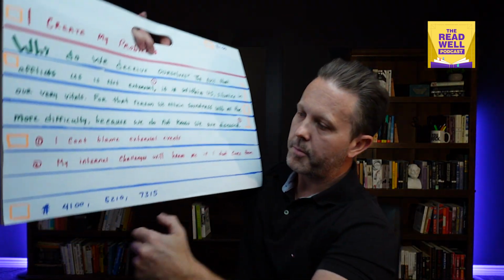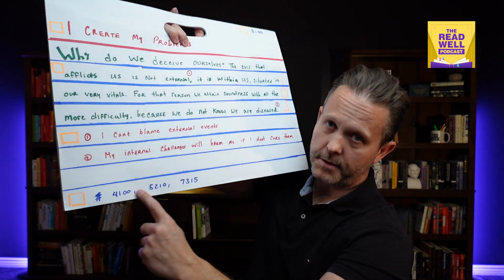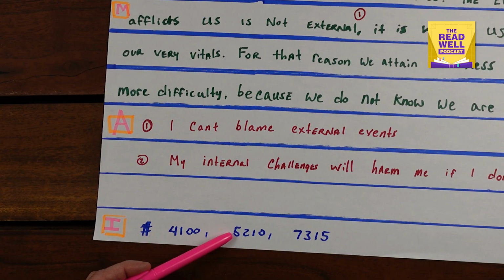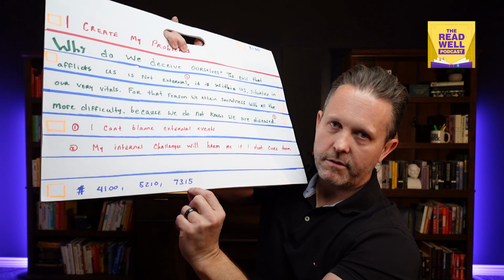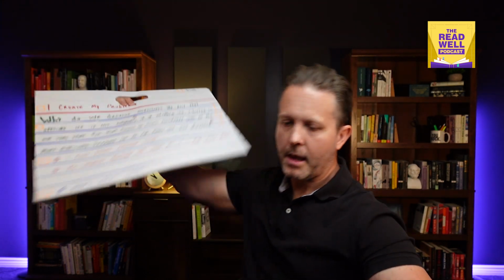On our note at the very bottom here, I've got more reference numbers. 4100, 5210, 7315. I totally made those up. But in our hypothetical note-taking system, those would be other notes related to this topic. Now, how do I know if they're related or not? You get curious, right? The 4100 might be a note about how to run a mile without getting super tired,